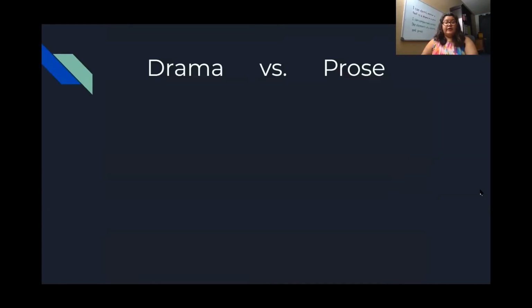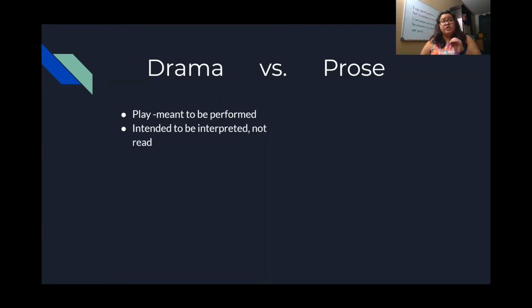Let's keep going. All right, so thinking about drama and prose, right? What's the same and what's different? We're going to think about our second objective. What do they have in common and what's different, all right? So drama is meant to be performed, right? It's a play. It is also intended to be interpreted and not just read, right? Because if we went back to the grasshopper and the ants, the drama version, we wouldn't be able to, as one person, read the whole thing out loud because it's meant to be played by, I think it was about 10 people, right? And the elements of drama,